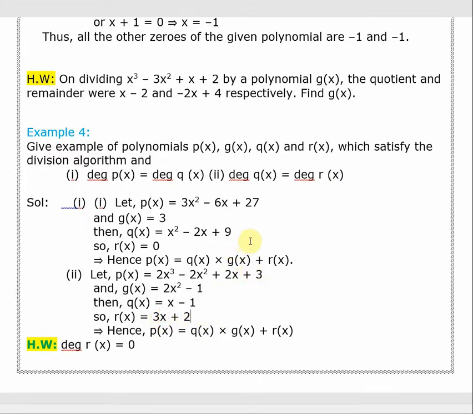One thing you have to remember is that these polynomial expressions are taken randomly. You can take any other polynomial to satisfy this, but just make sure that finally this equation is satisfied and the given condition is satisfied. That's how you do this kind of sum. Similarly, one homework is given where you have to take degree of rx equals 0. This is the easiest one among all three, so you can definitely do it with the same process. Just go ahead and do it.